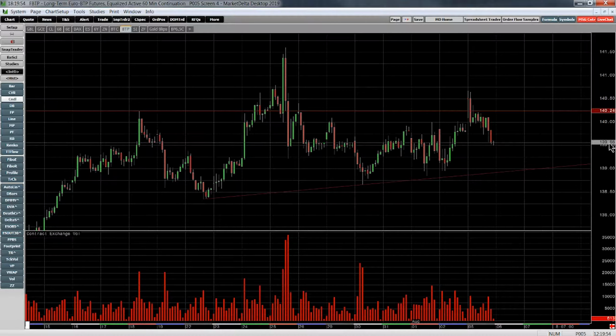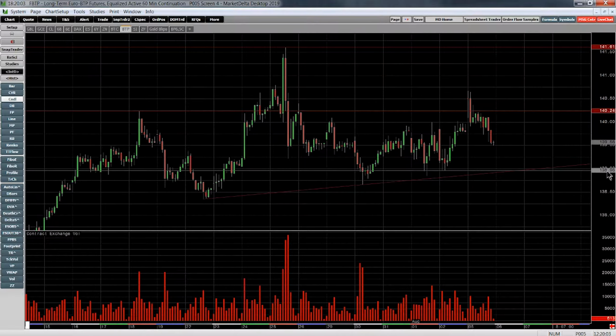Now, what we have to do is develop an approach as to what we expect to see potentially if we break that high, what we expect to see potentially if we break down below that low, and what we potentially expect to see if we test this trend line a third time, or maybe this resistance another time. So we have to develop expectations of what we expect to see.